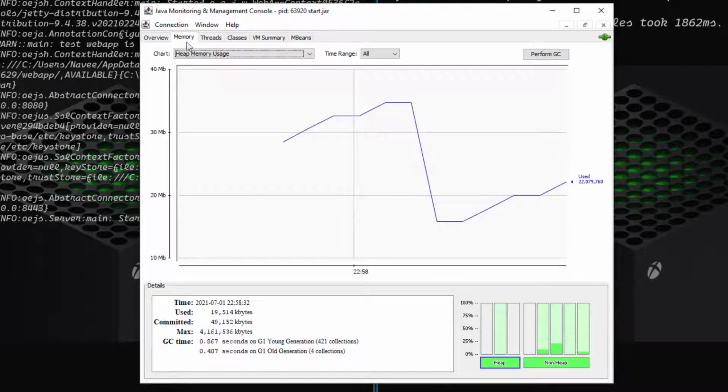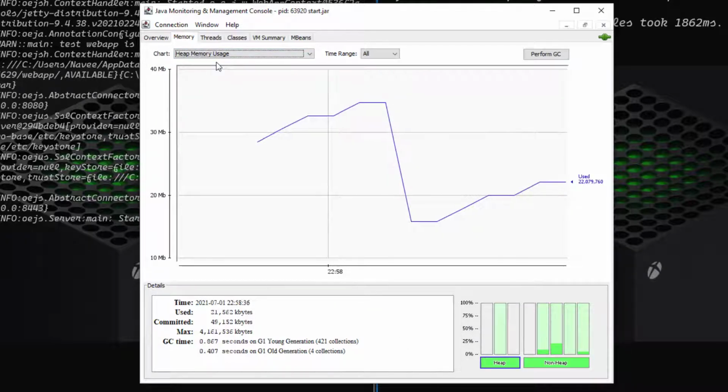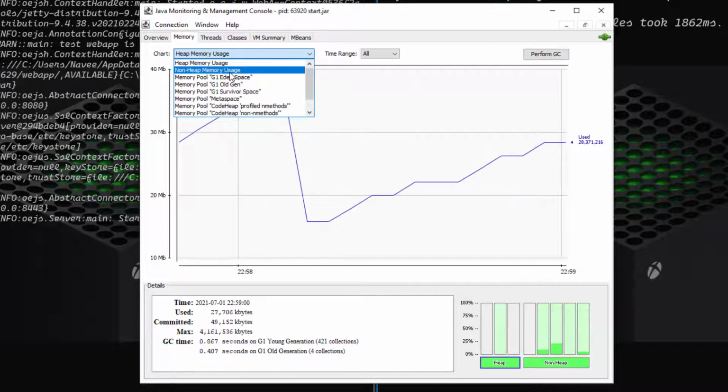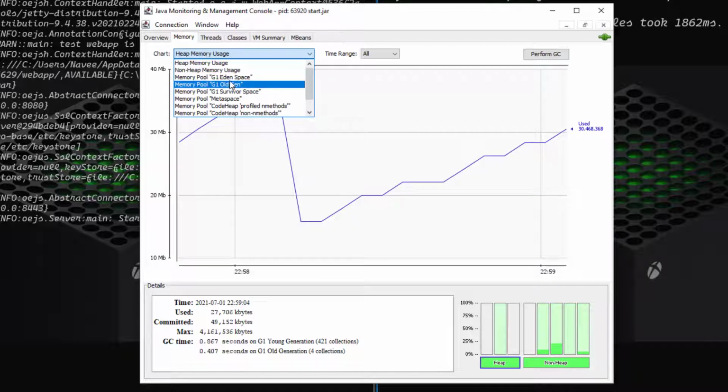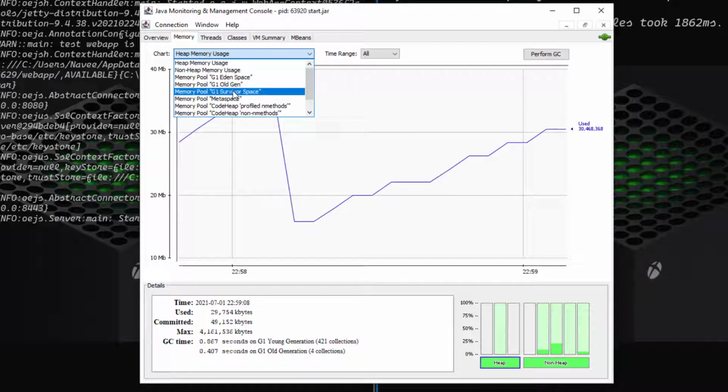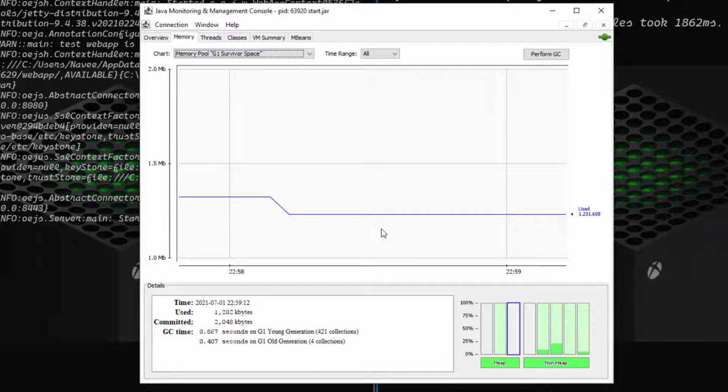Now let us go to memory. Here you will get some detailed analysis about your memory. If you click on this list box, you will get multiple parameters applicable for this JVM. Here you can select the memory pool, or you can select the G1 old gen and G1 survivor space, etc. Based on that, it will display the metrics. Just below the chart, you can see the details, and also you can see the chart between heap memory and non-heap memory. If you want to perform garbage collection, you can click on this button. But again, it will stop your application to take the garbage collection, then it will resume.